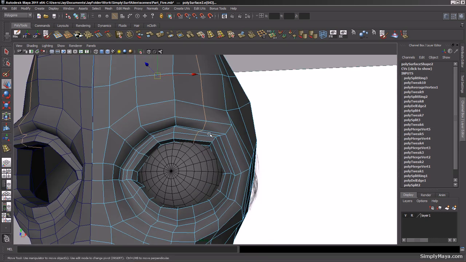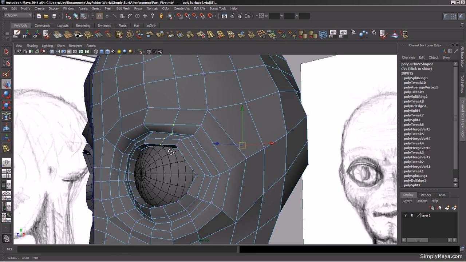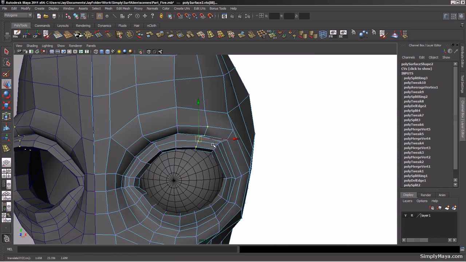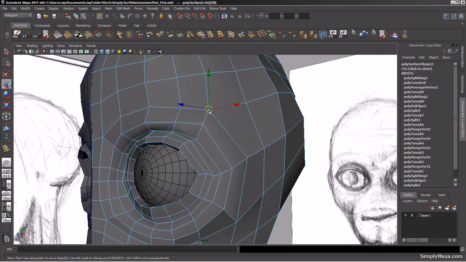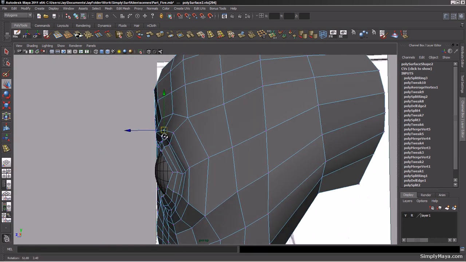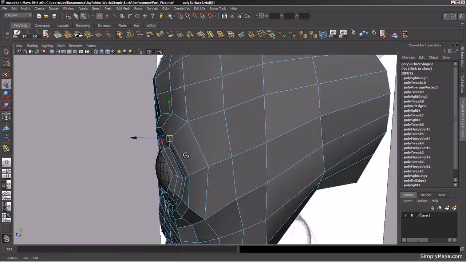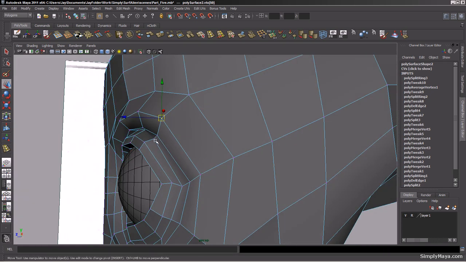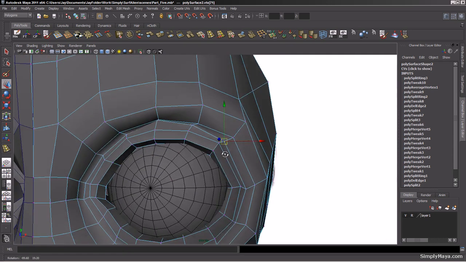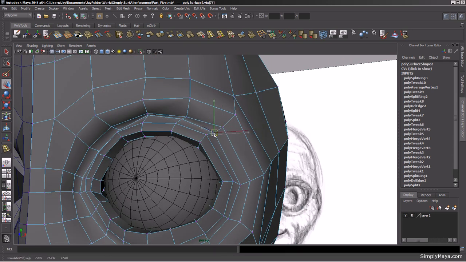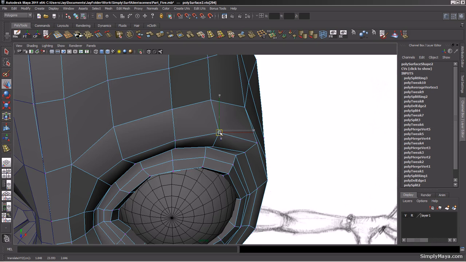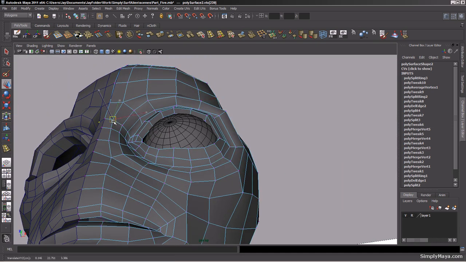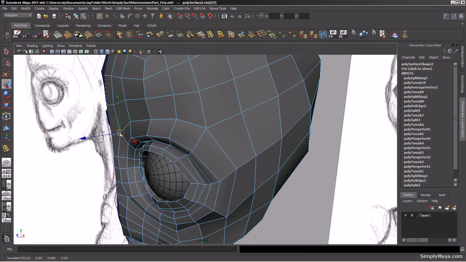The other thing as well, it's useful to get a good balance of polys, because when you come to do UV mapping and stuff like that, it's always good to have an average amount, if you like, not too much, not too little, so otherwise you could end up with a lot of stretching or be there all day pulling and pushing your UVs around. So it's always good to optimize the mesh a bit more. So we'll just push that around a little bit there. And let's just get that to